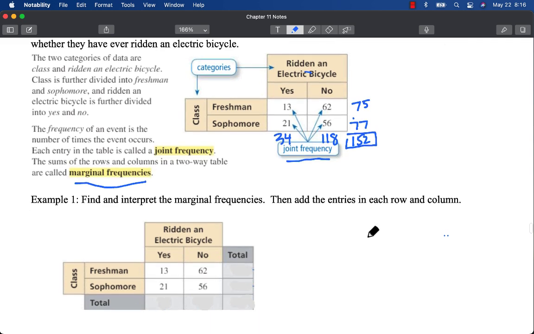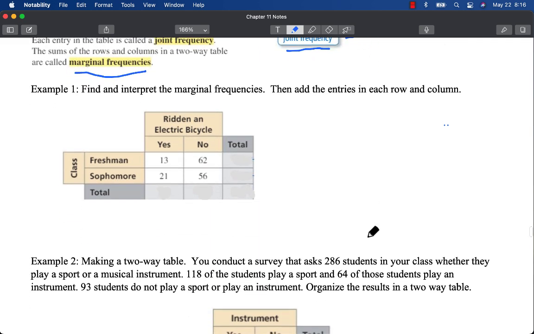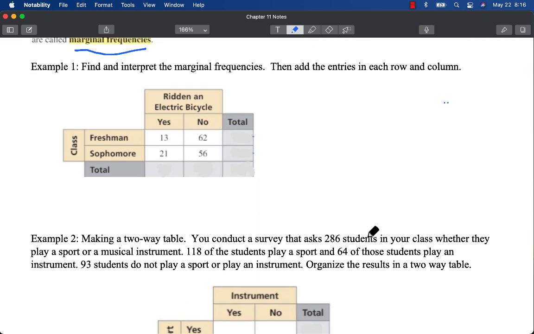And that's what we're asked to do here in example 1. Find and interpret the marginal frequencies. Then add the entries in each row and column. So we just added those together and got 75 and 77. Now when we interpret that, we must attach the label here of the type of response this is. So we'd say there are 75 freshmen who answered the survey. Okay, there were 77 sophomores